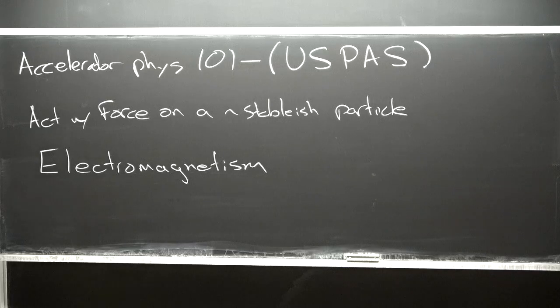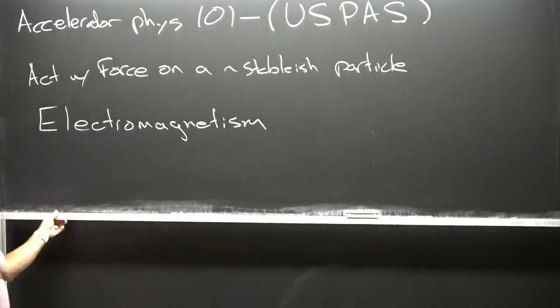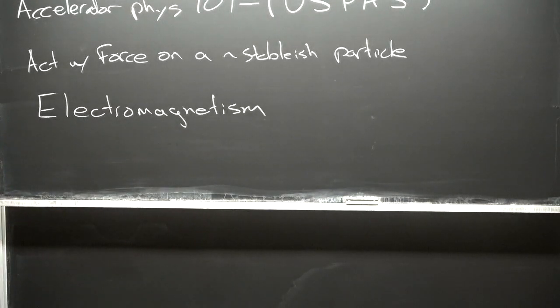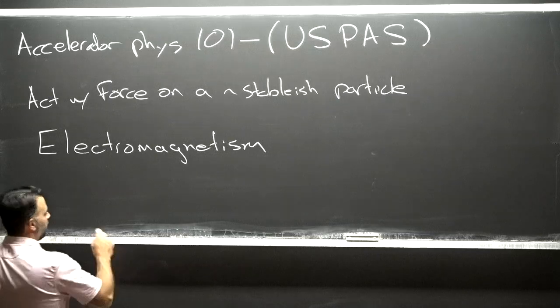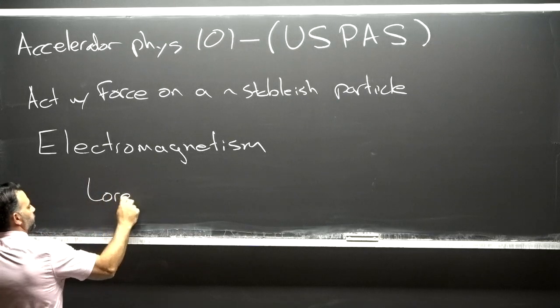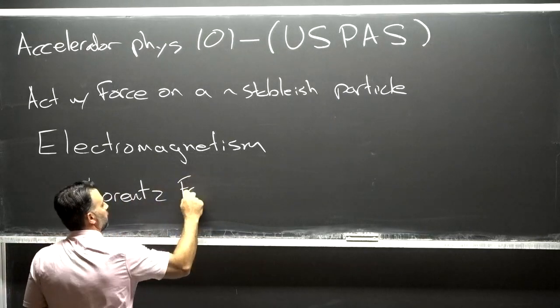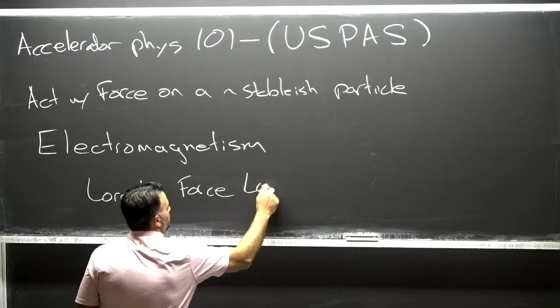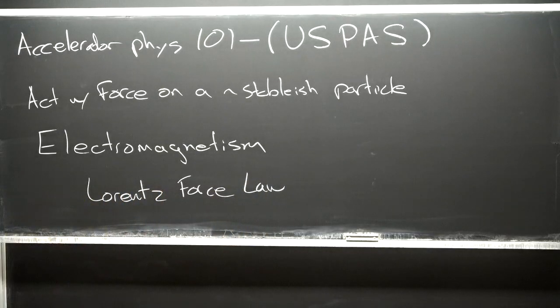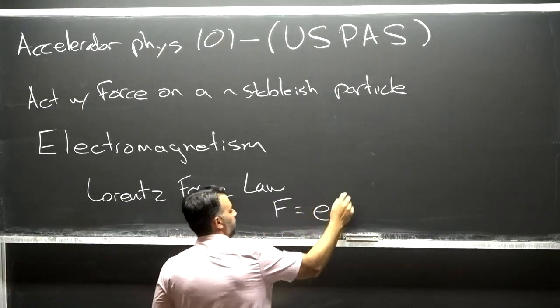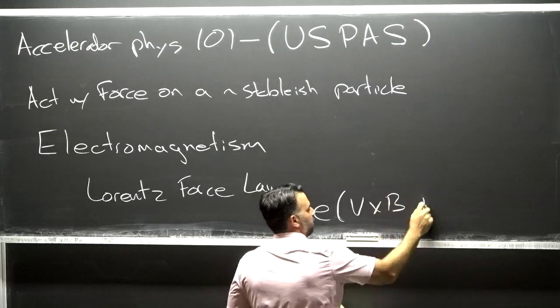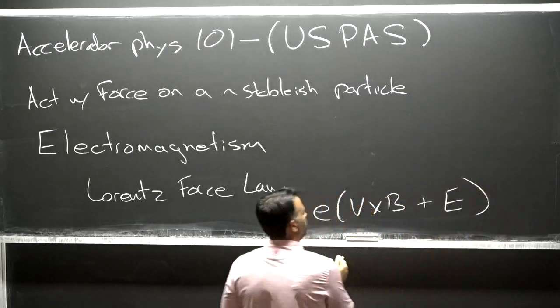Now, in this lecture, I'm not going to need too much E&M. Next lecture, we'll get into a little bit more when we talk about stable orbits. But we can do a lot with just the Lorentz force law. So we have two options for acting on charged particles. We can act with an E or a B field. So our force is F = q(E + v × B), our electric field plus v cross B.